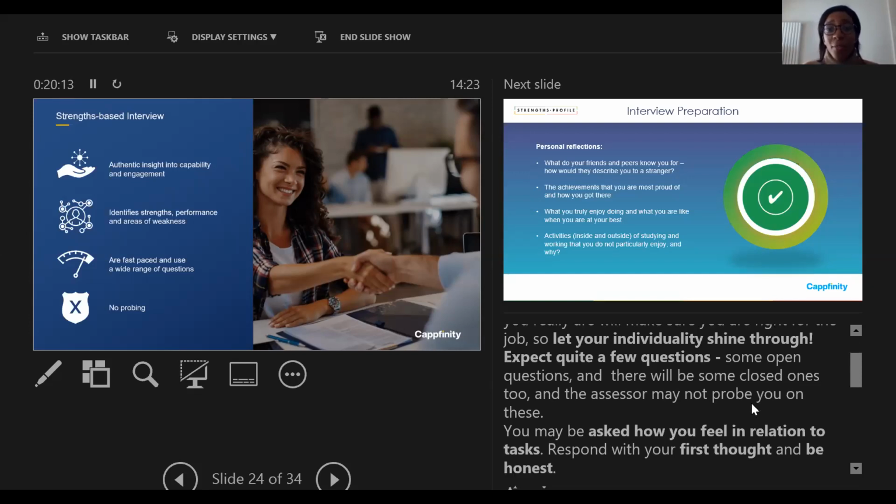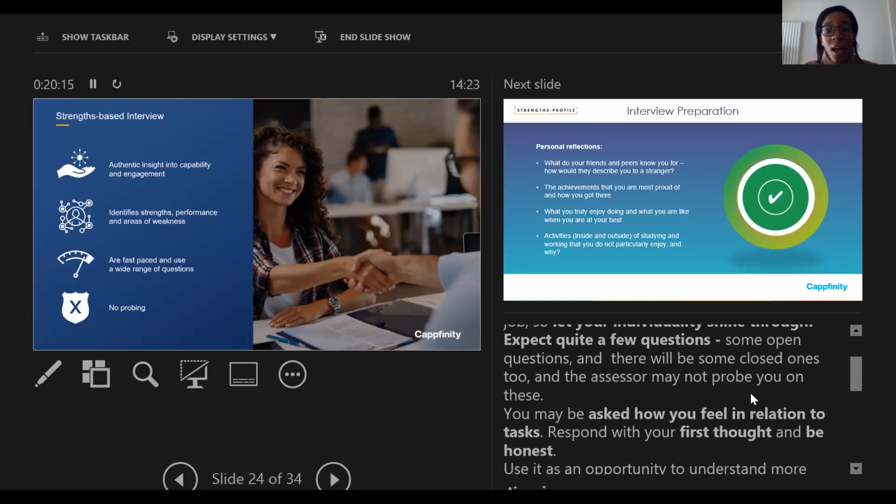I'd expect quite a few questions in the interview, and you may be asked how you feel in relation to a particular question. I suppose that's the area that's tapping into the energy. They may be able to sense from your answer that, yes, you can do it. But how did you feel when you were doing it? If you think about feelings, that's the energy part of the strengths. Were you energized, de-energized?